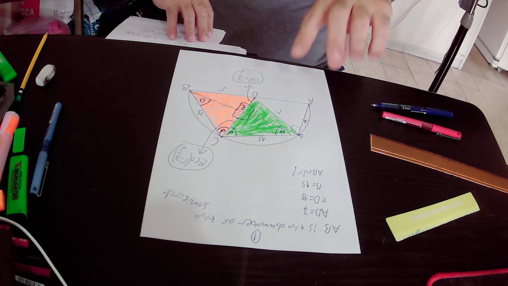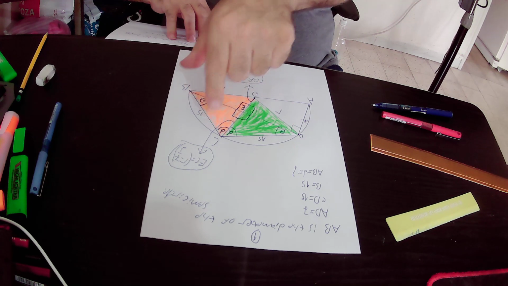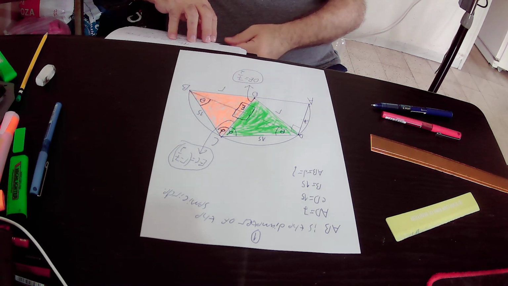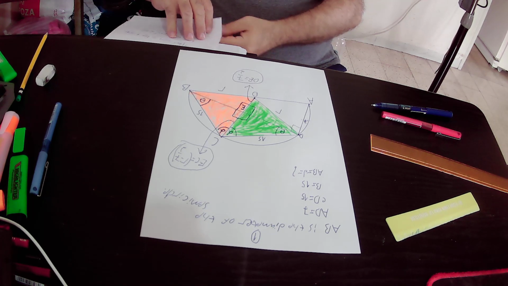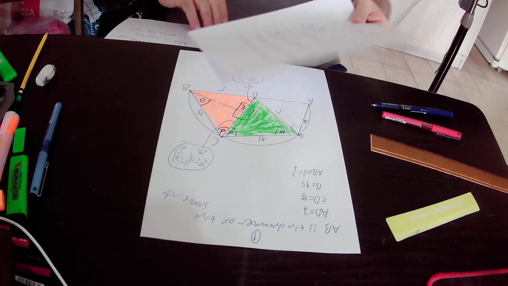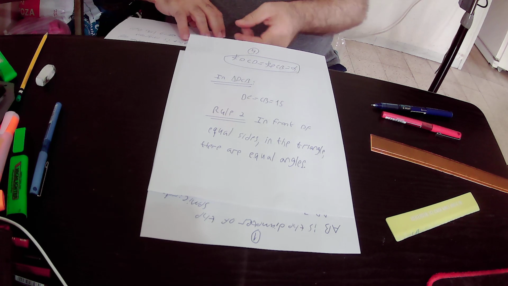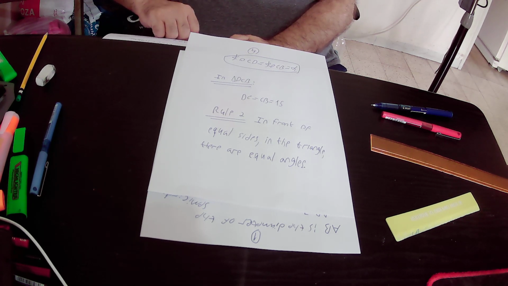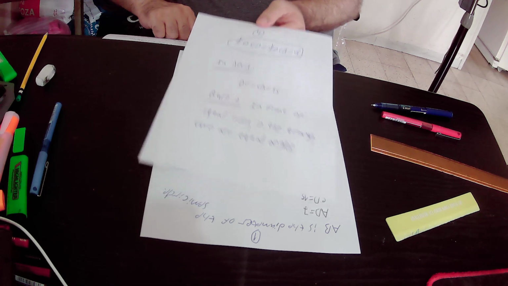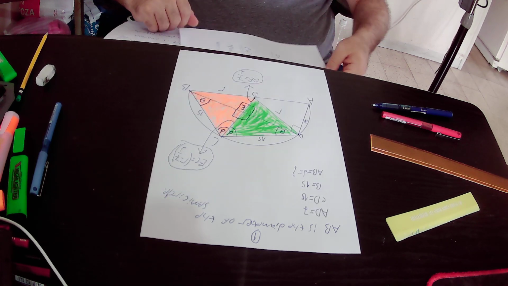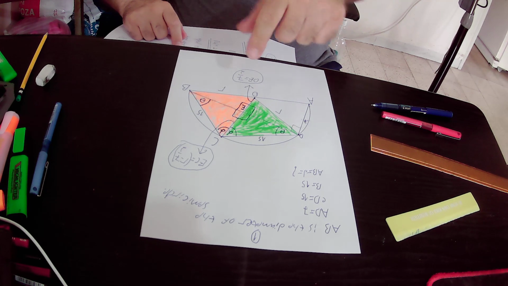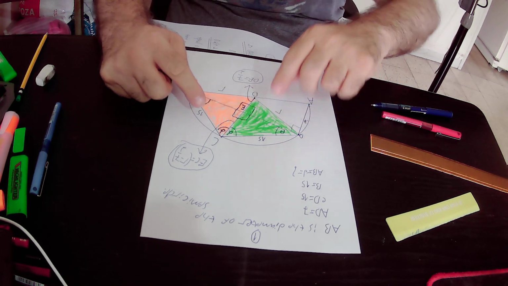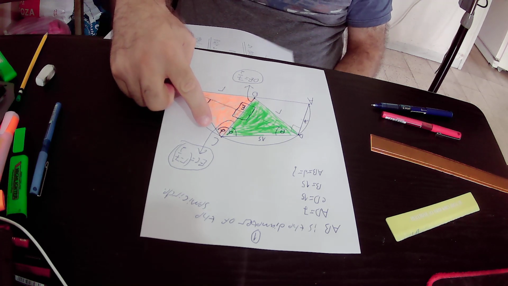On triangle DCB, DC equals CB. Both of those sides are equal to 15 units. And we have rule number 2, which states that in front of equal sides in a triangle there are equal angles. So in triangle DCB we have two equal sides,